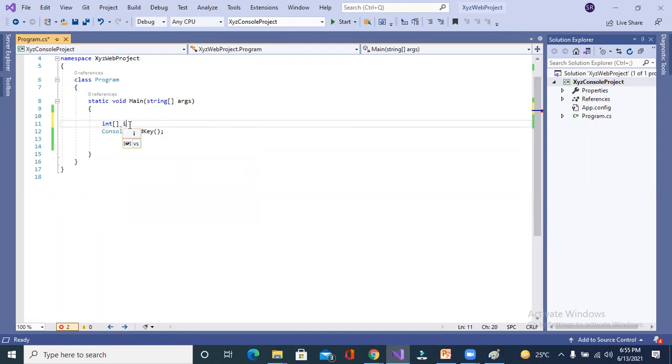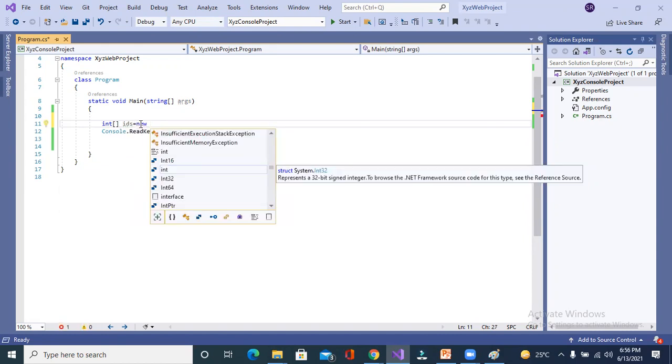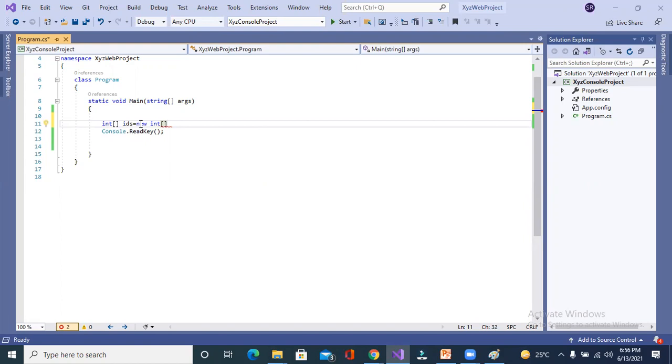I will give it the name ID, because I have to store more than one value. New integer. How many values are you going to store? 10. You have to initialize the value 10. This is the syntax to create the array.